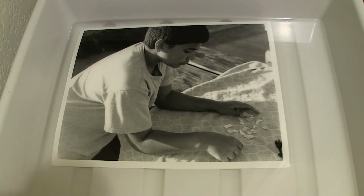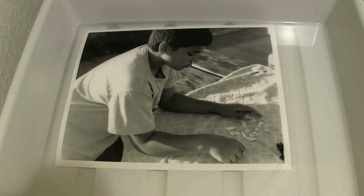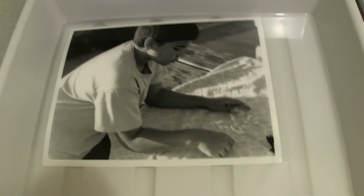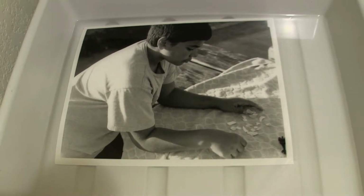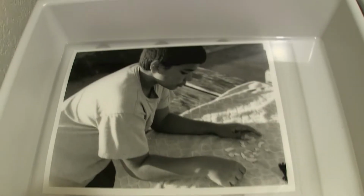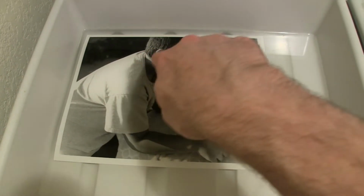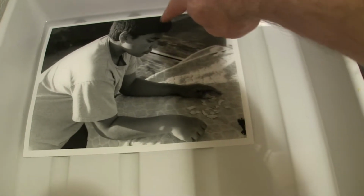Okay, so this is the grade 1 print at 16 seconds. At the end I'll do a comparison. Quite a bit more of the shadow detail here is showing up. I don't know if you can see it here, but just looking at it, it's significantly better. We're still losing a little bit of detail in the back of his shirt. I might do a split print just to see, and the hair here is a little bit, but in all